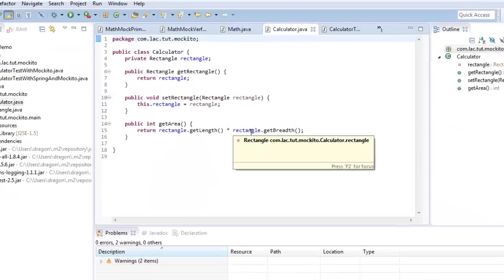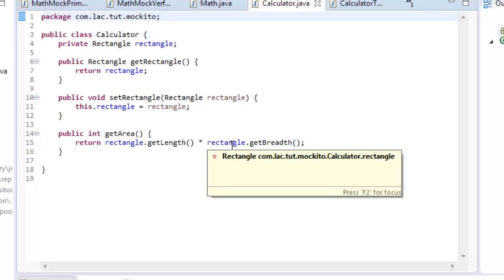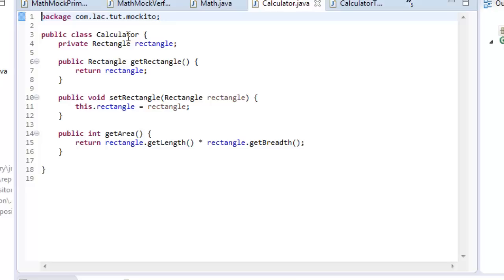Often in our development, we are going to use popular frameworks like Spring to do dependency injection, and we use the container model. So Mockito provides good integration with the Spring framework. Here I'm going to explain a typical use case where I have a calculator object which takes a rectangle object and computes the area of a rectangle.